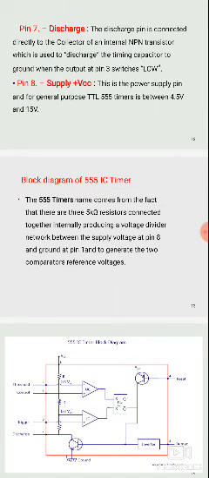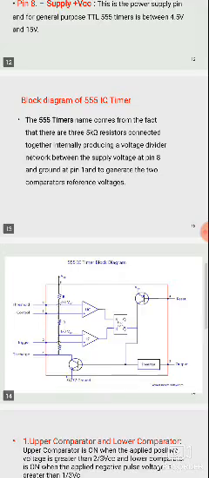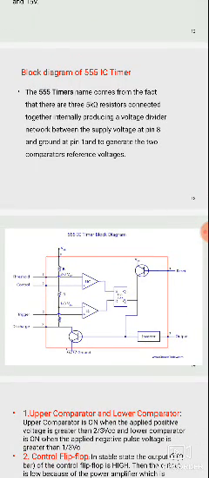These are all about the pin diagram of the 555 IC. The 555 IC consists of 8 pins, and it is available mainly in a metal can package and also in a DIP package. The 8 pins are used for different purposes: ground, VCC supply, threshold, triggering, discharging, control, and resetting. Now we are discussing the block diagram of the 555 timer IC.